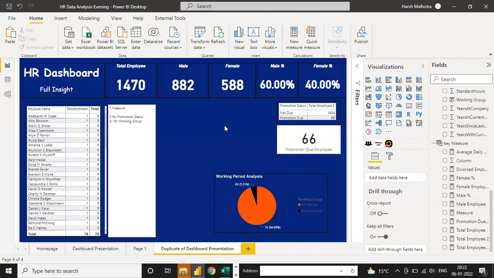So is the conditional column an implicit function? Yes, conditional column is implicit. Because a column is added into your data and it will increase your file size. A measure does not increase your file size as compared to a column. A measure only uses file memory, but a column adds to your file size.